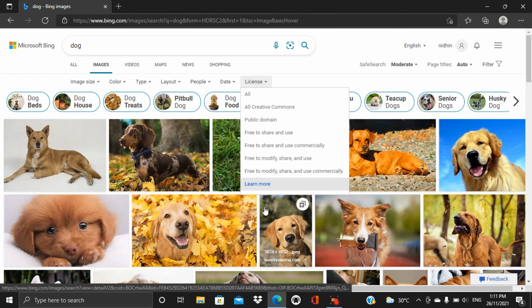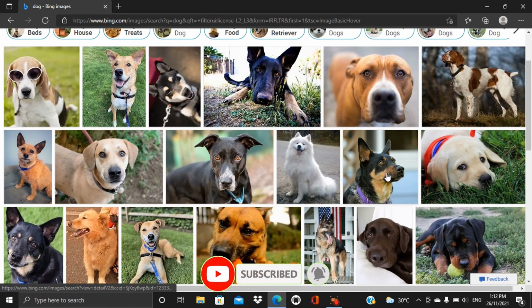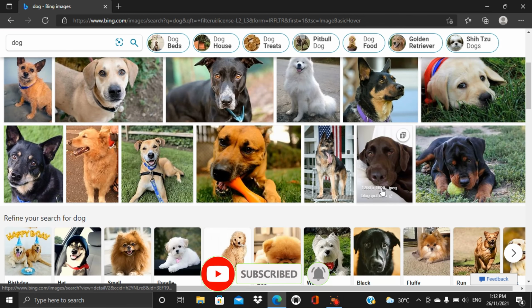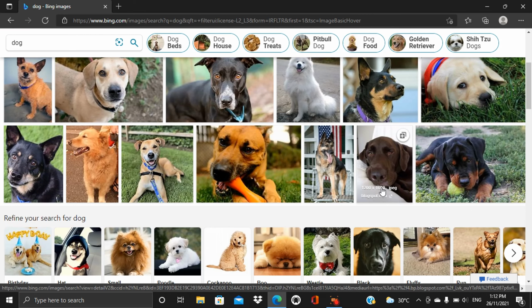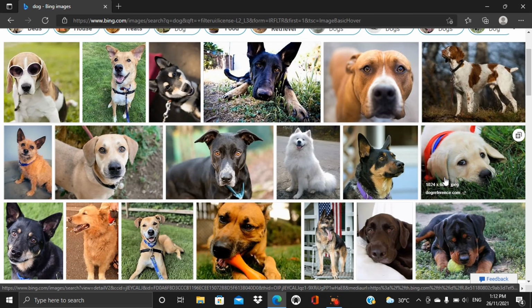So I choose the last option, free to modify, share and use commercially. So these are the images that are free to use for any kind of purpose. We can download these images. So I choose this one, just click